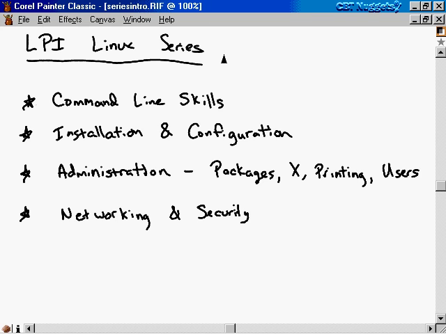I just wanted to go over a little bit about how this particular Linux series is different from the other Linux series that I've done for CBT Nuggets. One of the first differences is that on this particular series I've used SUSE Linux as well as Red Hat Linux for the demonstrations. SUSE Linux is gaining in popularity all the time, and one of the reasons